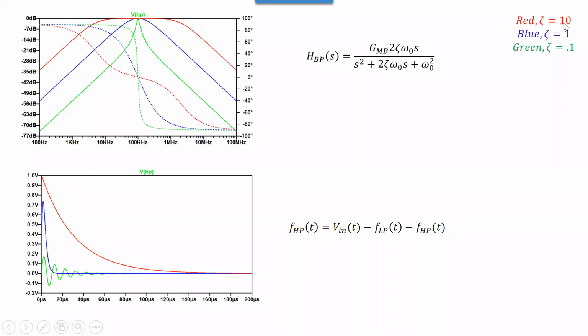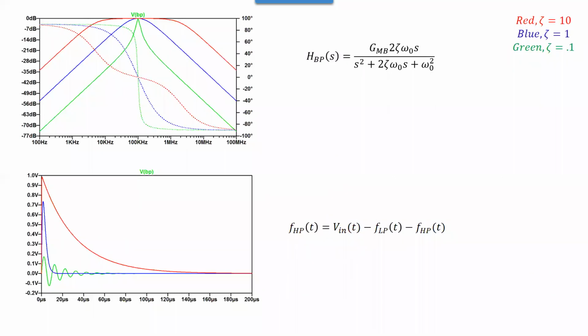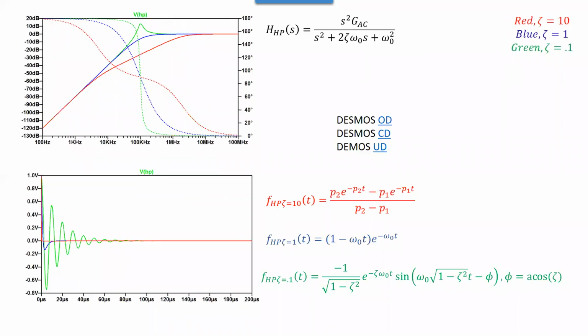The red is with a damping factor of 10, which means there's two distinct real poles. Damping factor of 1 is critically damped, and that's in blue, and green is underdamped. So in all these examples, it's all the same. And every time there's a color with an equation,